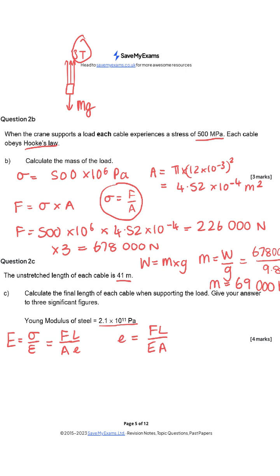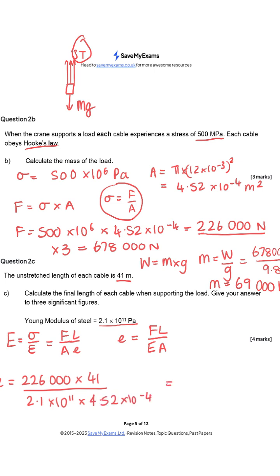And then we simply need to put in our numbers. So our extension is first the force, which we're going to take from earlier on in each wire, 226,000, and we're going to times it by the original length, which is 41 meters, and then we're going to divide it by the Young's modulus it's given us, 2.1 times 10 to the power of 11, and then finally we times that by the cross-sectional area, which again we worked out earlier, 0.52 times 10 to the negative 4, and that gives us an extension, or a delta L, of